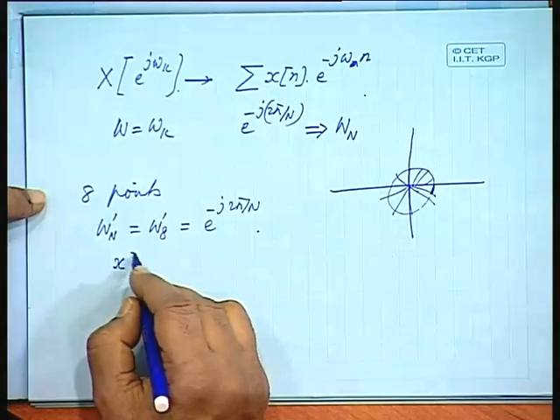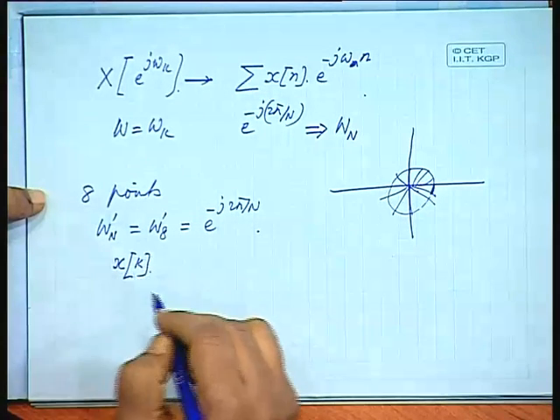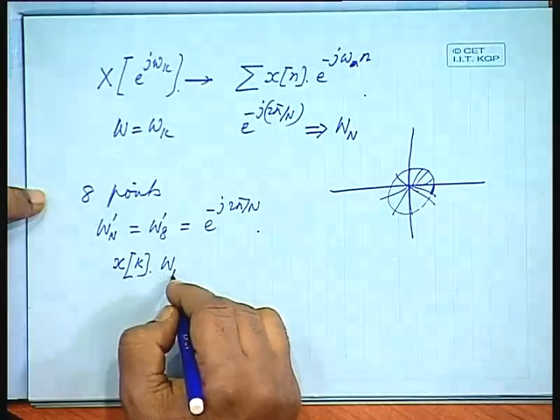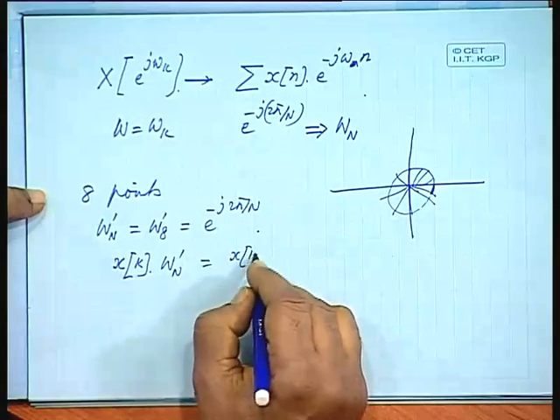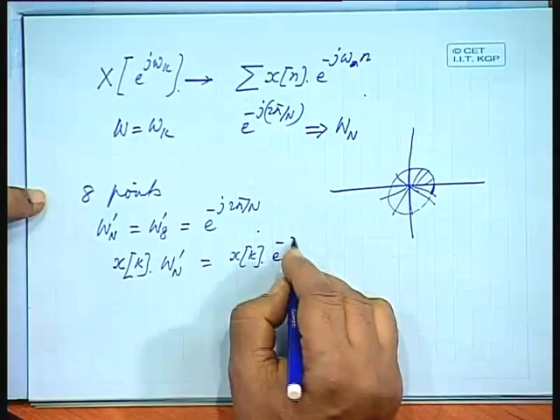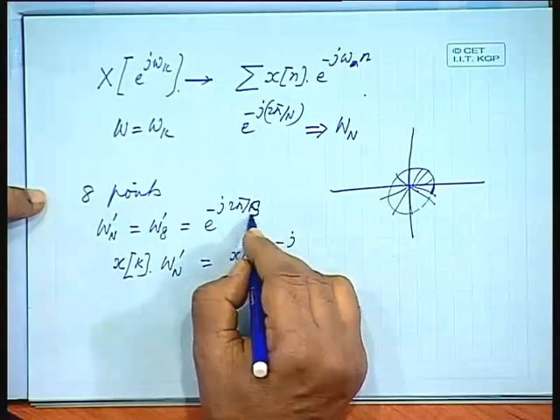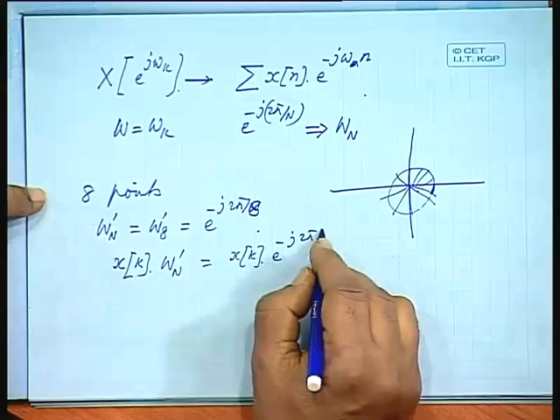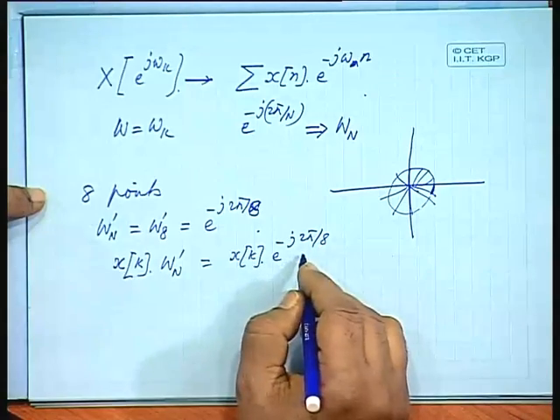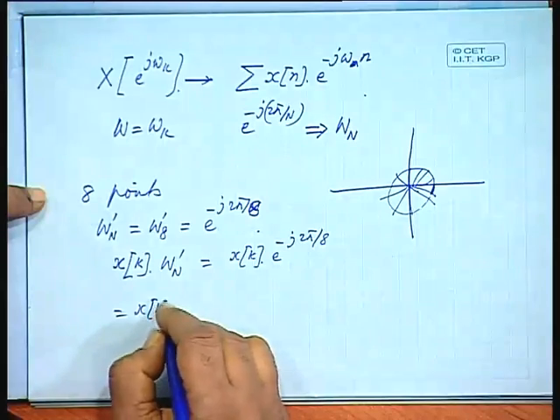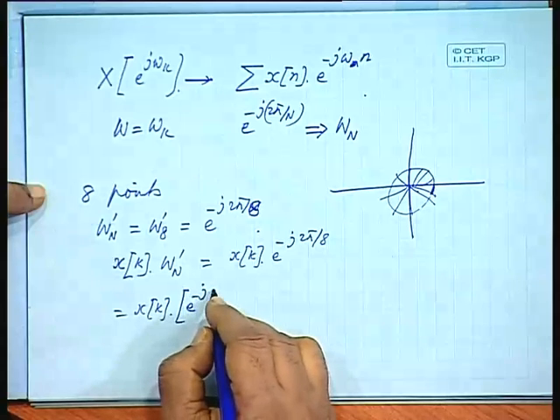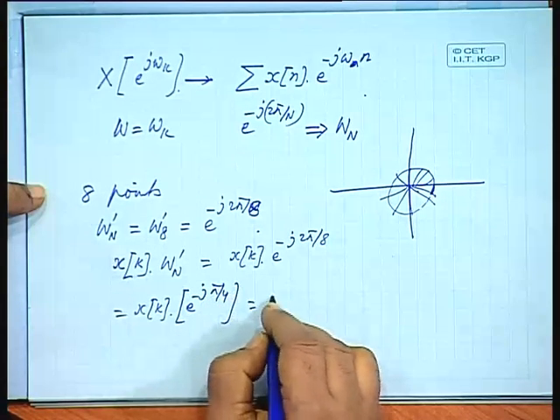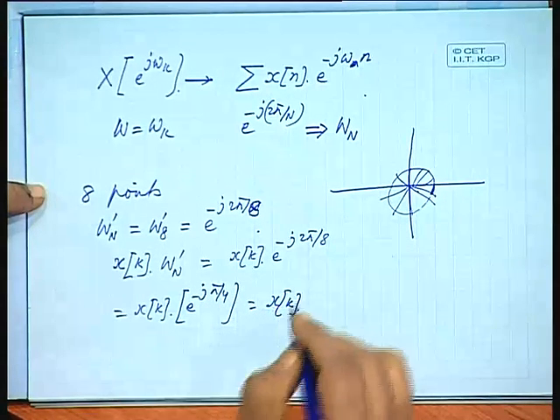If I say multiply x_k by W_N^1, it will mean x_k multiplied by e to the power minus j 2 pi by 8, since N is now 8. How much is it? A 45 degree shift. So, it is x_k into e to the power minus j pi by 4, which means x_k multiplied by